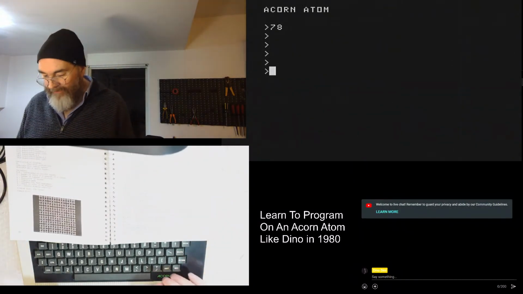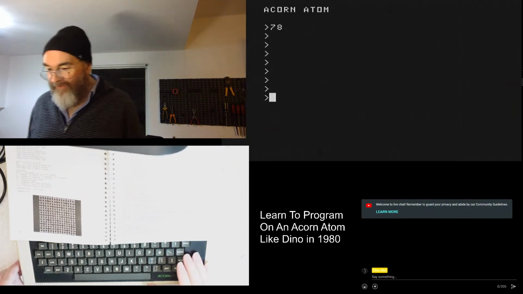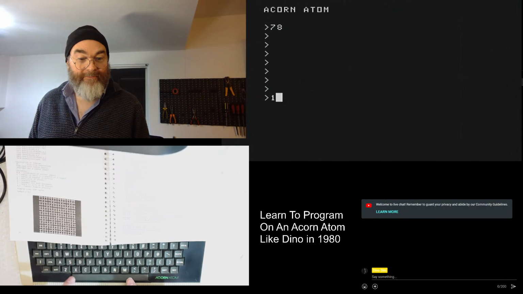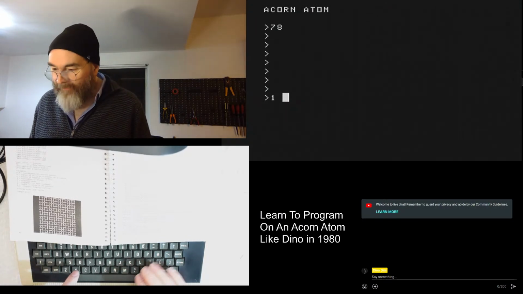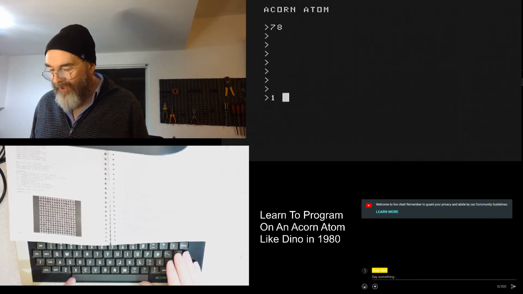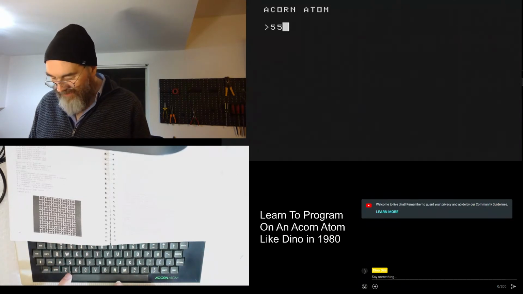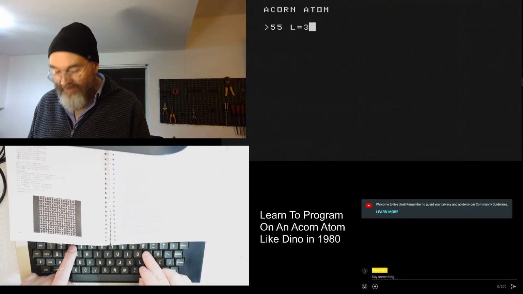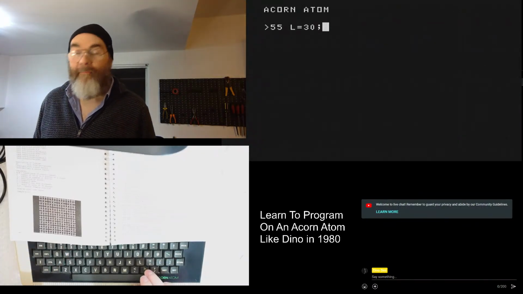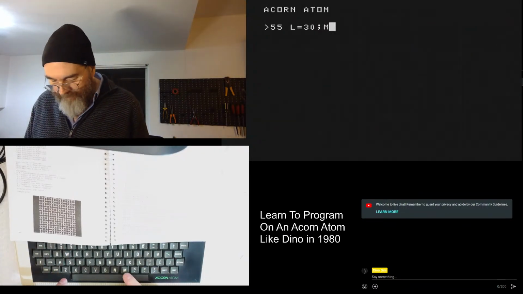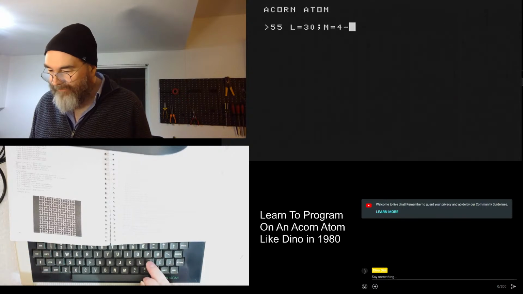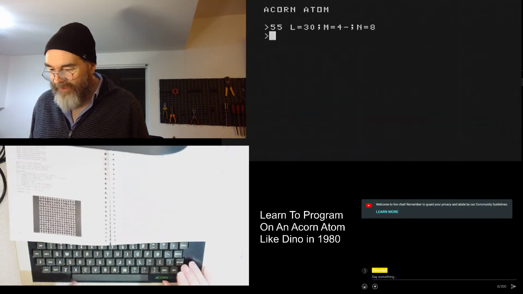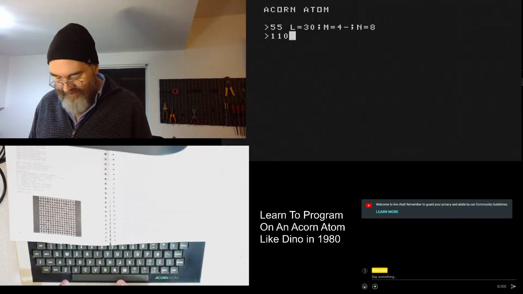Alright, well, anyway, let's type this in from the original book. 1. 3-dimensional. I don't need to put the comment in. 5. L equals 30 semicolon. M equals 40. N equals 8. Line 110. Z